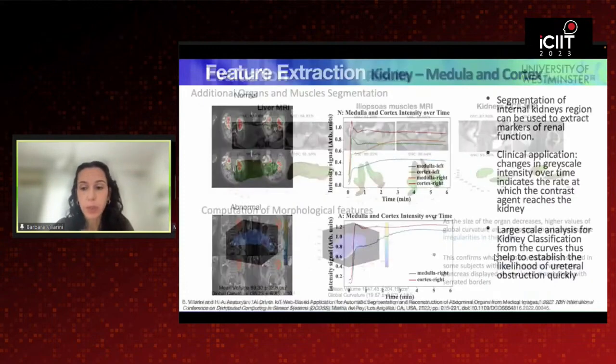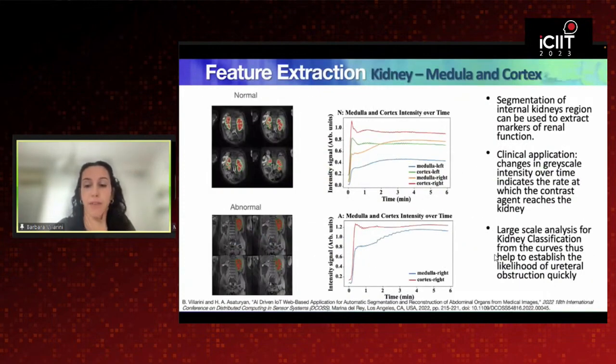Another study that has been carried out regards feature extraction from DCE MRI volumes of kidneys. As I said before, the kidneys in a pediatric population. This work was done in collaboration with Harvard Medical School, and the data are from Boston Children's Hospital. So we are targeting a specific patient with some specific disease. And using the proposed approach, so using the network that I showed you before, we segment the kidneys and